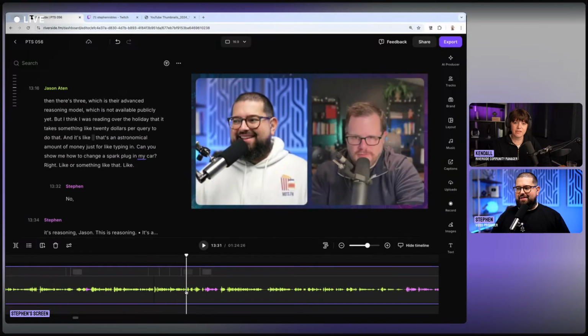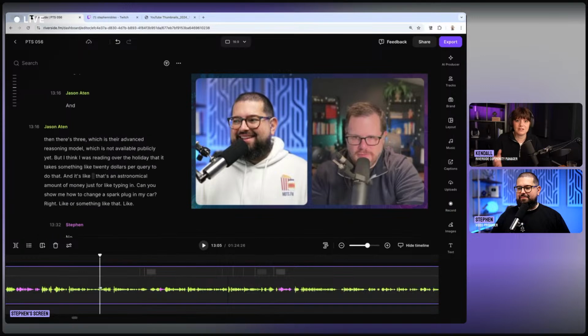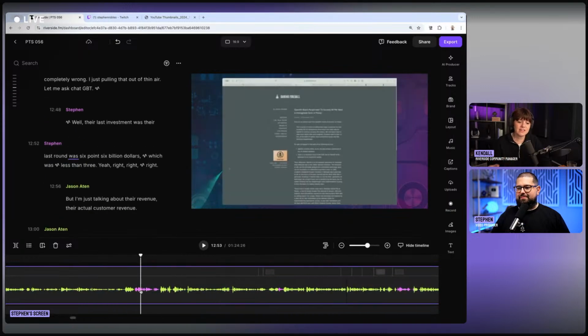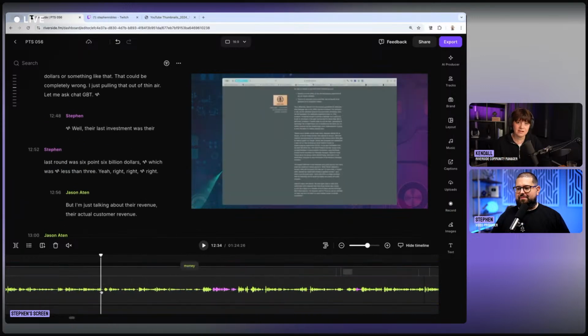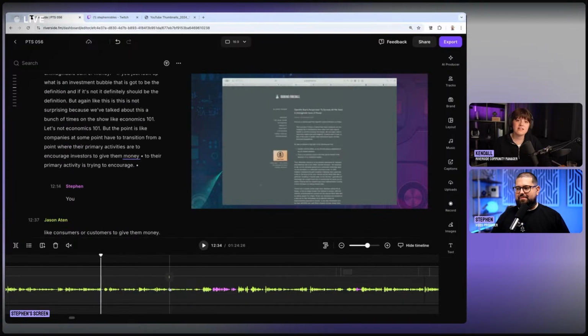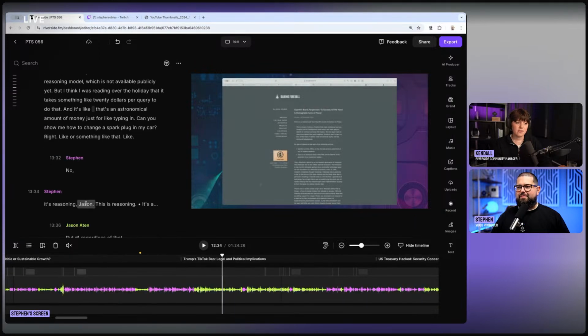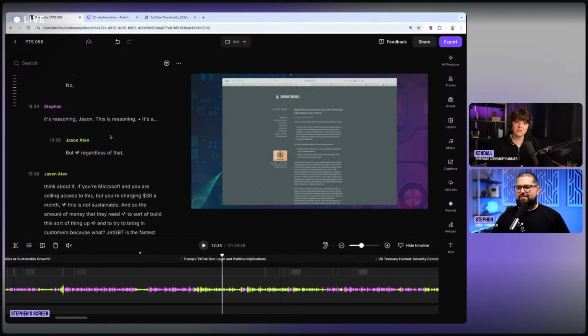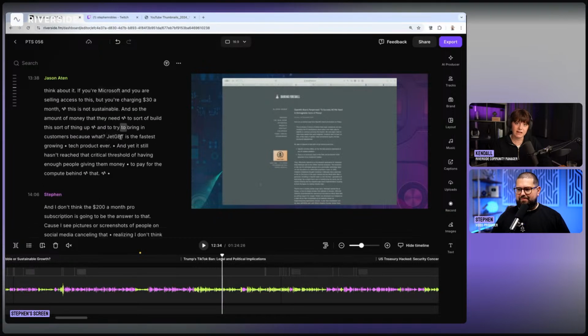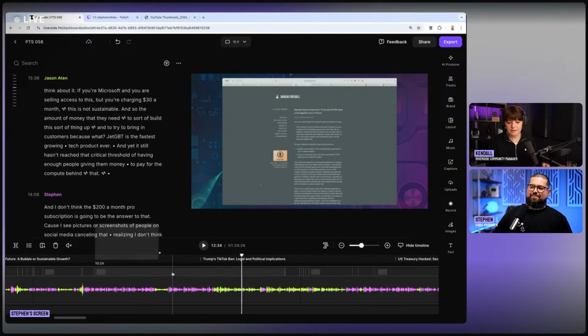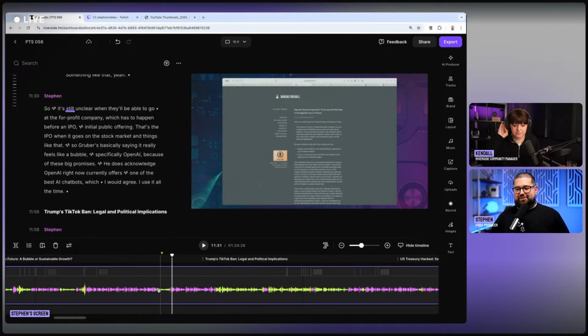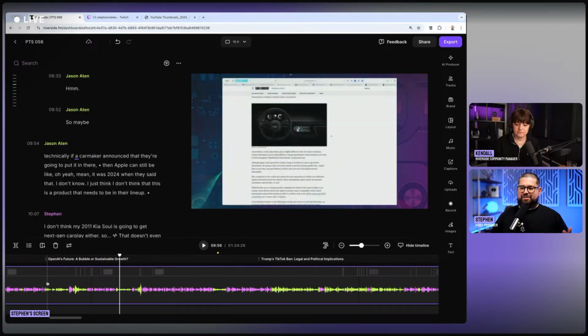But the thing is that you're creating something that you're passionate about and you want to be able to make the edits that you want. You want it to be able to look the way that you want it to. So with these AI features, you're able to still make sure that you're getting that. For example, also, when you're deleting silences, if you want to bring a silence back up, you can highlight it and bring it back. So all of these features that we're showing you, you can customize to your own liking as well. That's right. And with the Smart Scenes feature, just to show you an example, let's say Smart Scenes,